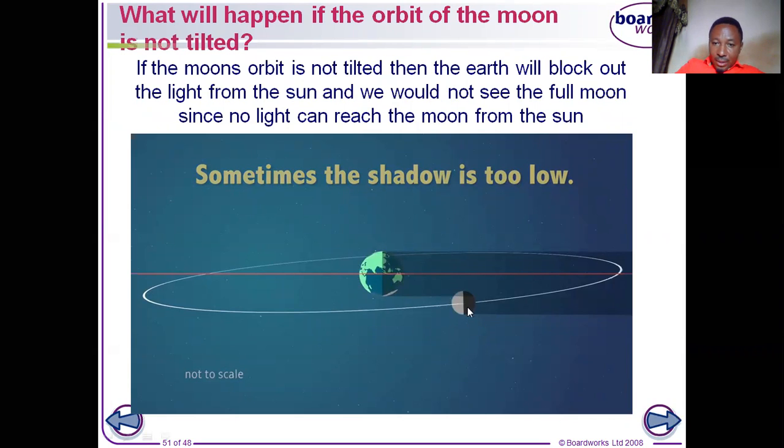Let's assume it's not tilted and this is the moon. The moment this moon gets to this line here, what will happen? The shadow of the Earth will totally be cast on this moon. So we won't be able to see the full moon. The full moon has to be somewhere here for you to see. If this is the sun, if I have the sun somewhere here, that's the sun,